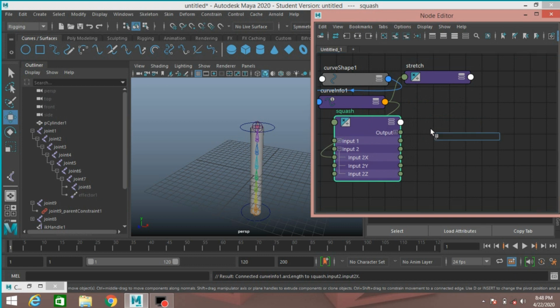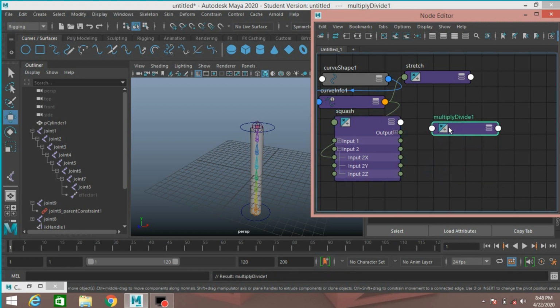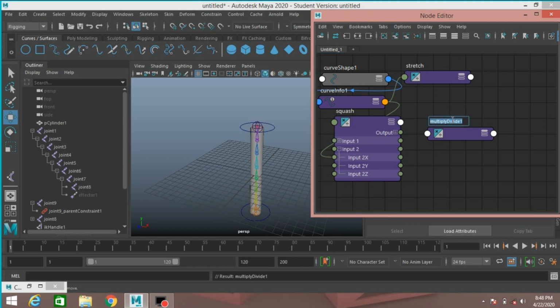Again press tab key on your keyboard and type multiply and open multiply divide node again and rename it A. Press enter and duplicate it.